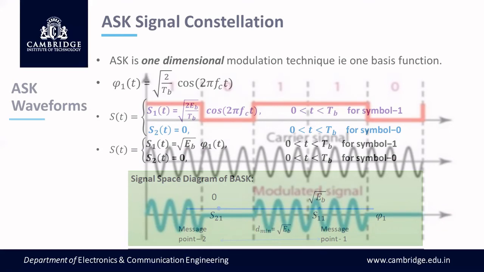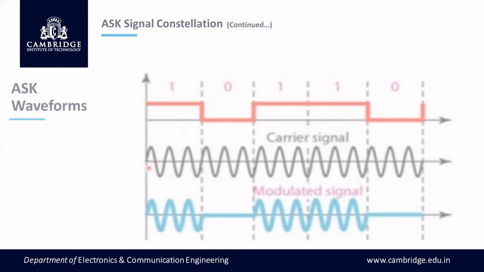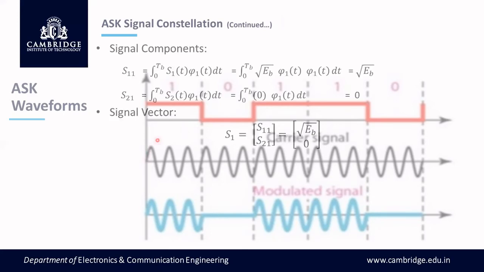The second one is sinusoidal. This is also called carrier signal, with frequency FC. Why FC? Because FC is the frequency accepted in the communication channel. That is why 0 and root TB are also denoted as S11 and S21. If you carefully observe here, which will be explained in the next slide, you can see some more information from here. See this one. Here, in one bit duration, that is TB, we have root TB and 0.